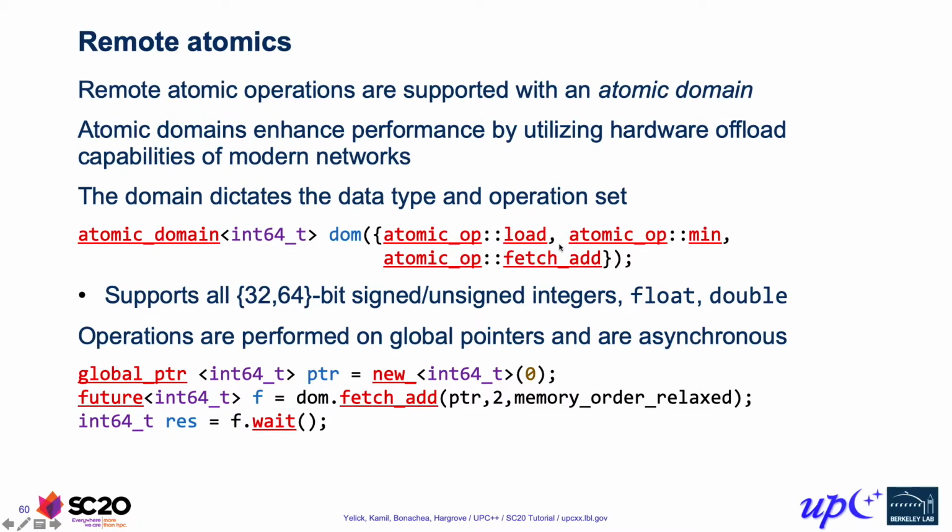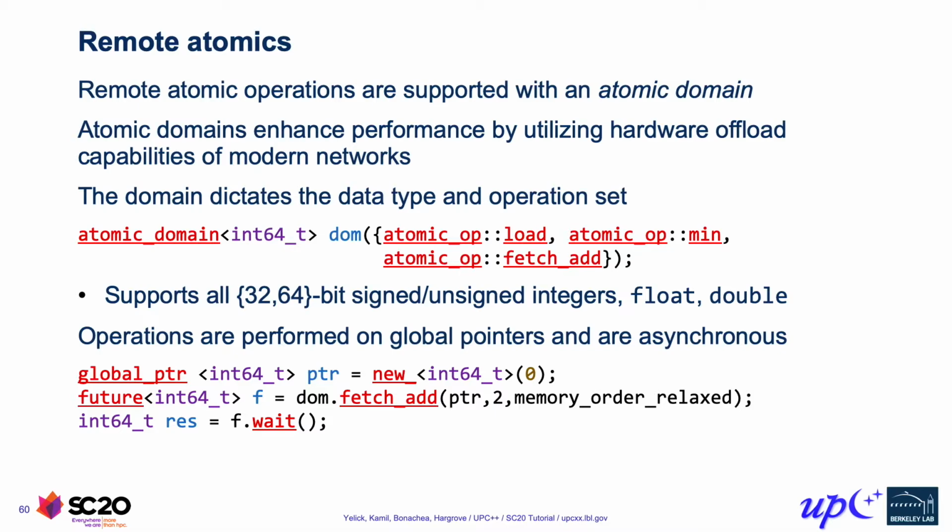So this set encompasses the set of operations that the user intends to do on objects that are associated with this domain. And then what the library does is it takes a look at this set and checks to see, is every operation in this set supported on the network hardware? If so, it will use offload. If that's not the case, then the library will use the CPU instead. So that way the library ensures that for any set of operations, it's using the hardware capability that provides the best performance and that provides the entire set of operations.